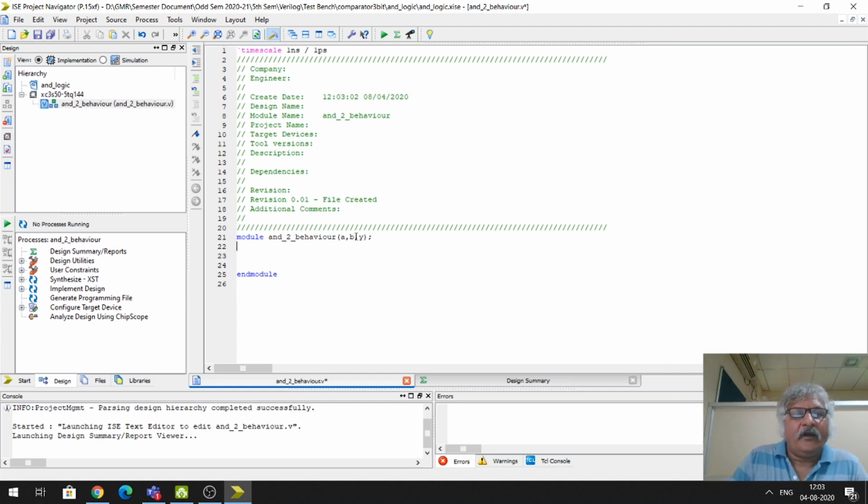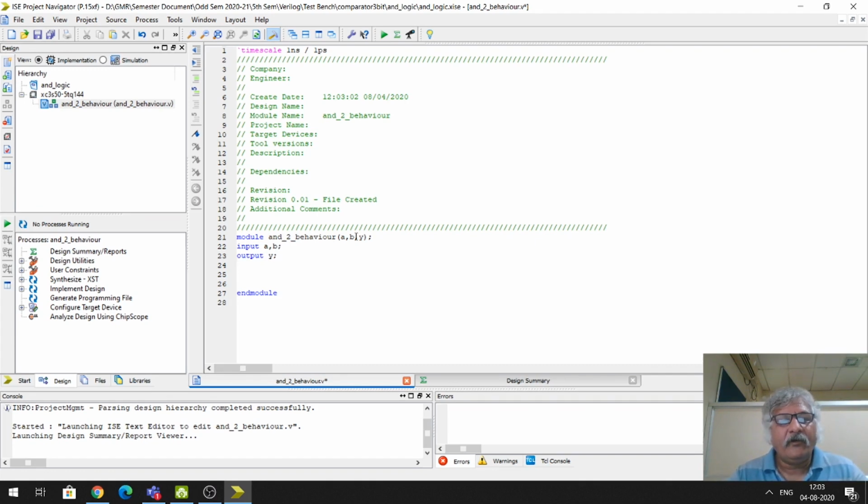Now I will declare my input ports by writing the keyword input. Input A, comma, B, and terminate this line by semicolon. Then I will declare my output port. Output Y, semicolon.